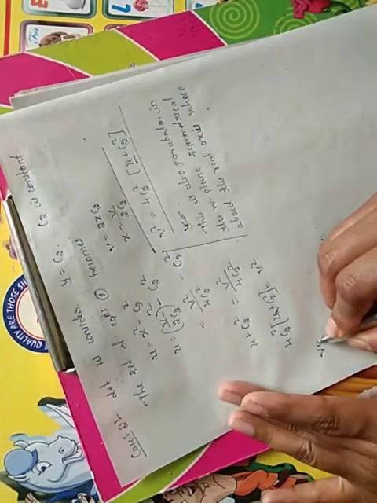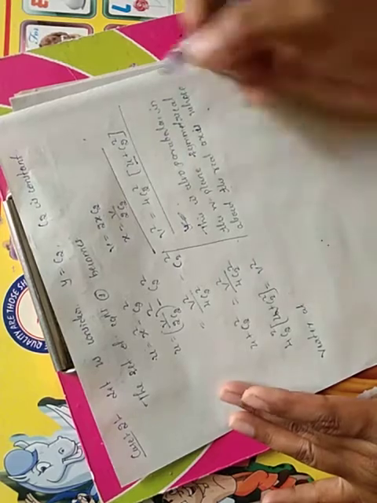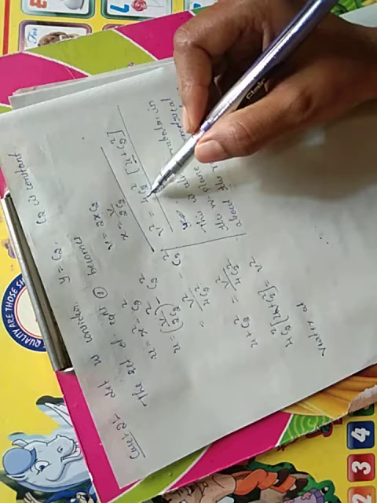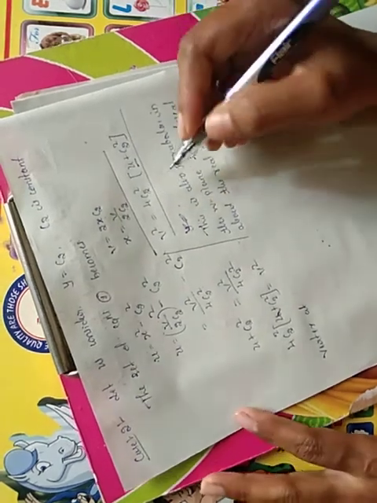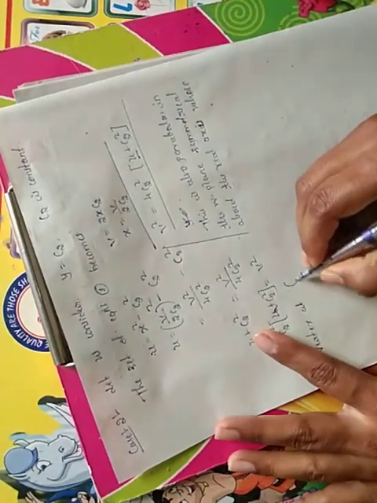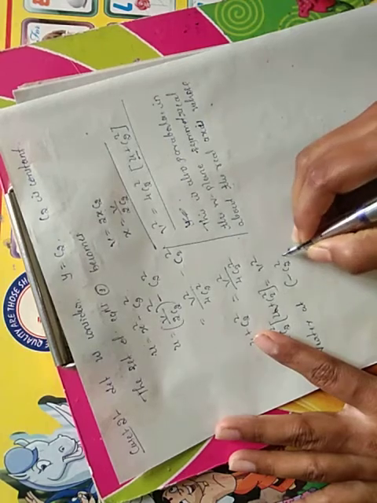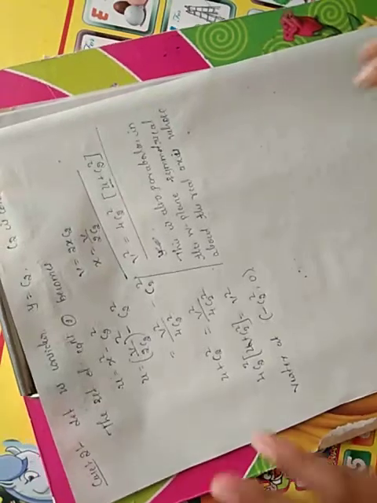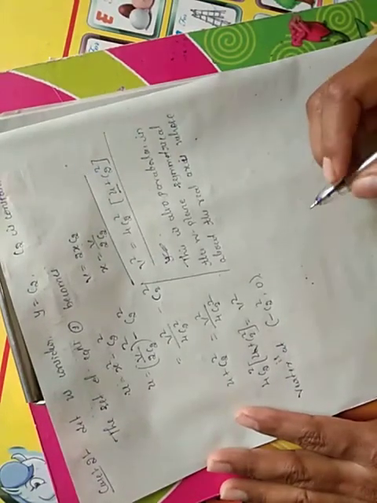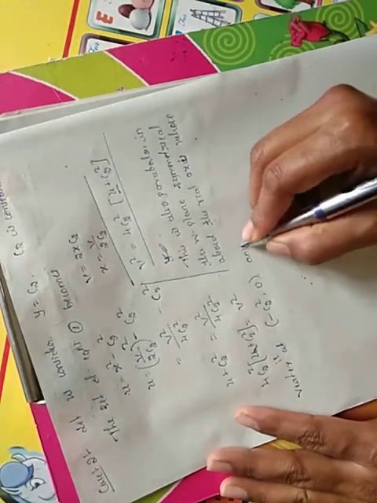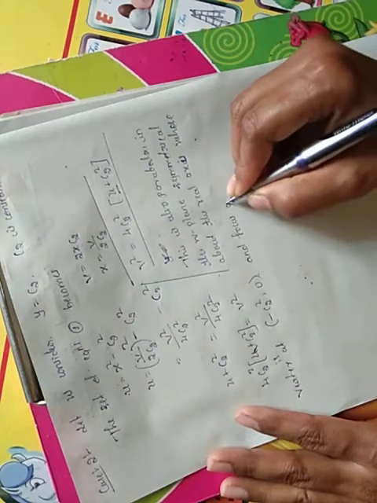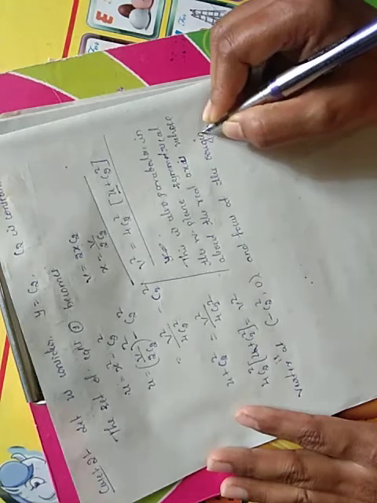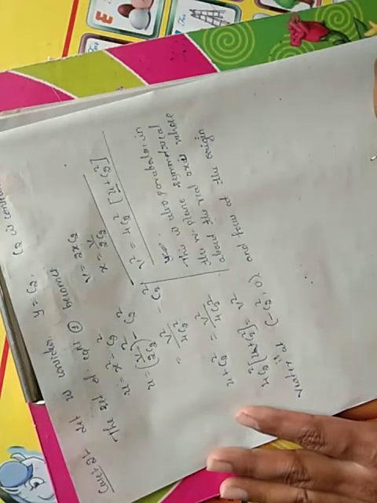Whose vertex is at... In the previous case it was directly minus 4a of x minus h, but here it is not a minus sign. So we have to consider it directly, it is not minus. So it will be minus c2 square comma 0. Whose vertex is at minus c2 square comma 0, and focus at the origin.